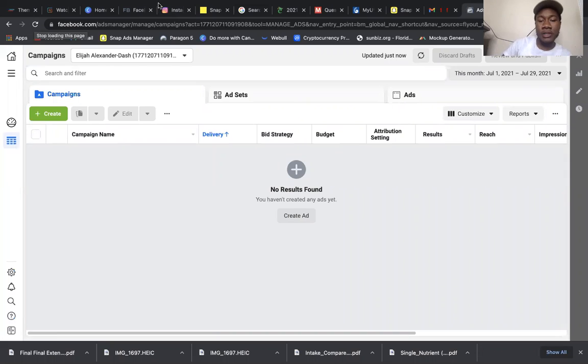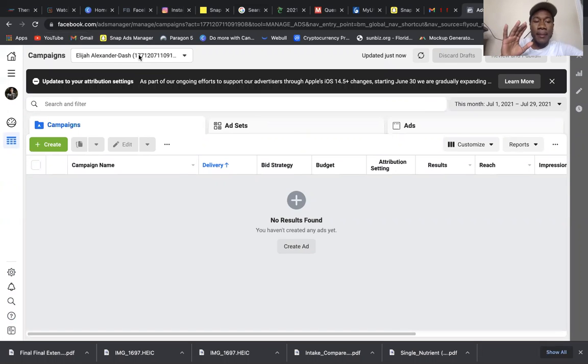So, all right, here we go. This particular account, I purposely left blank. But matter of fact, before we even start, right here, this tab is where you're going to see your campaigns. I'm going to go over campaigns, ad sets, and ads in a minute. But right here is where you're going to look at your account overview. If you need an overview of everything going on with your ad account, that's where you'll be able to access it. These are your settings, and the notifications. If you need to search for something you cannot find, you can simply search it. It's search engine optimized because they want to help you.